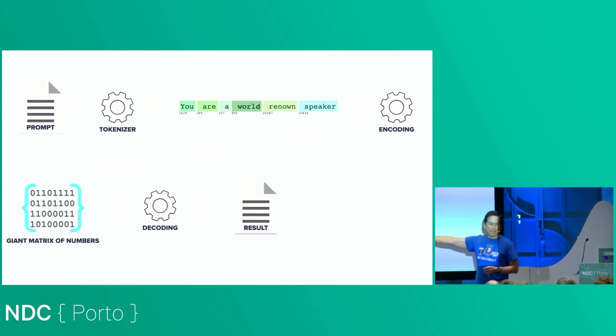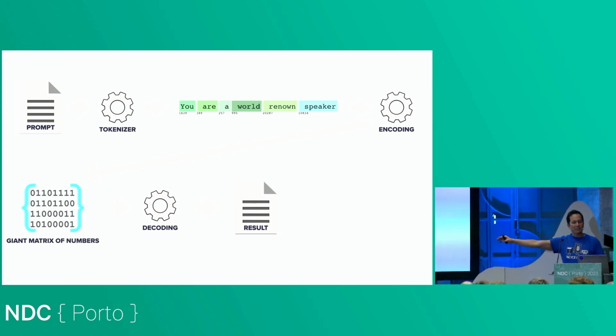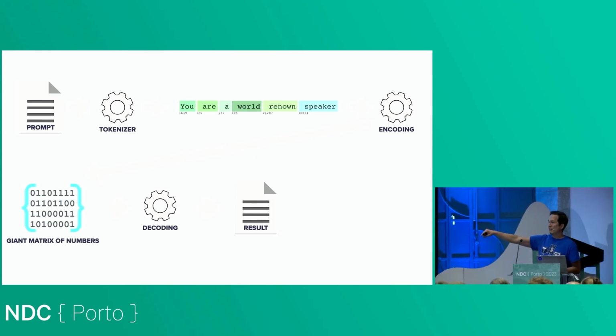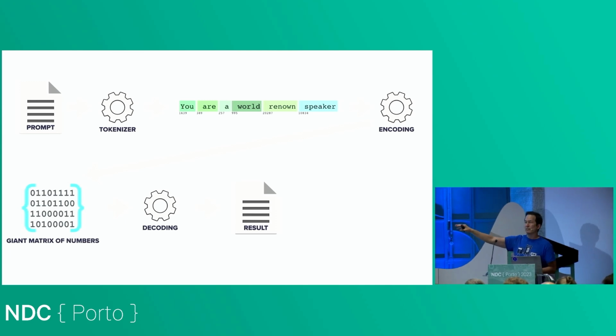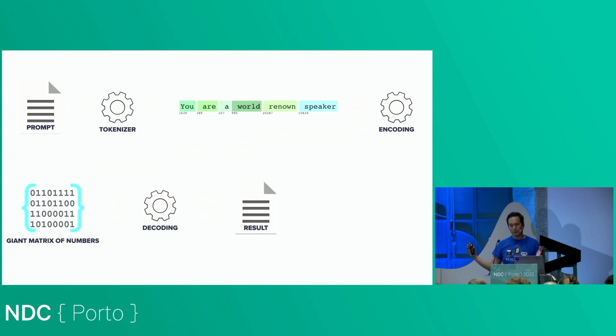of numbers. For GPT-3, each token has a vector associated with it. If you remember way back in math class, a vector is an array, right? So an array of numbers. And there are 768 numbers associated with each token after the encoding process. I'll explain a little bit of what those numbers are about. And then we go to decoding and we get the result.